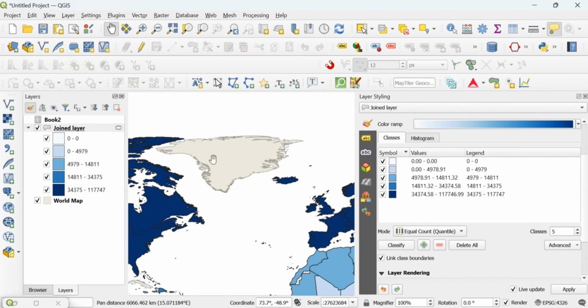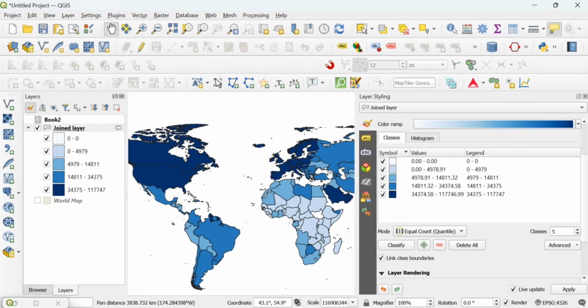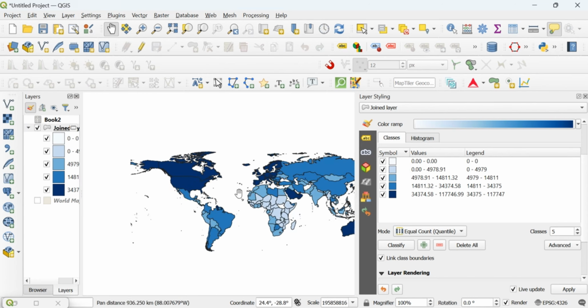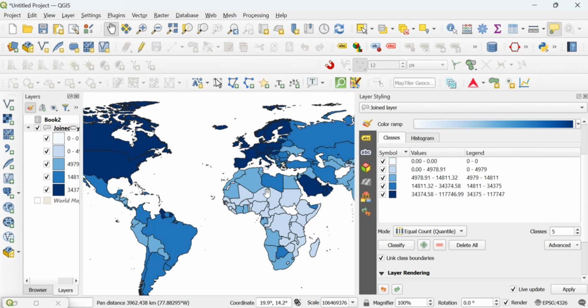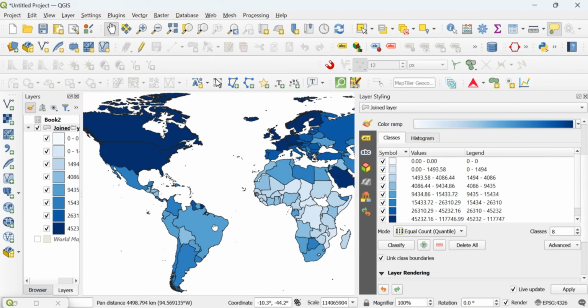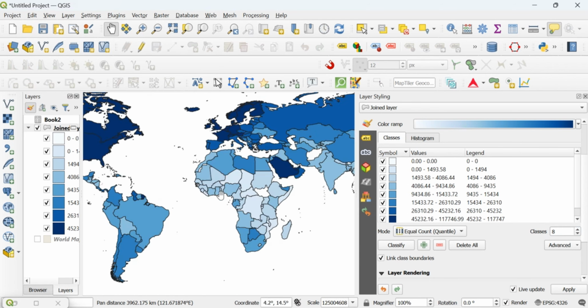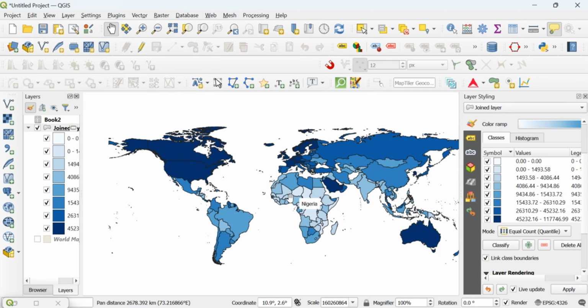You see that it doesn't have a Greenland, so we can just turn off this broad polygon layer just to have a clear view of what the differences are in terms of GDP. We can increase our classes to maybe 8 or 10, just depending on your own preference.